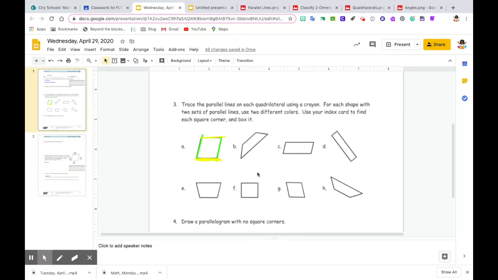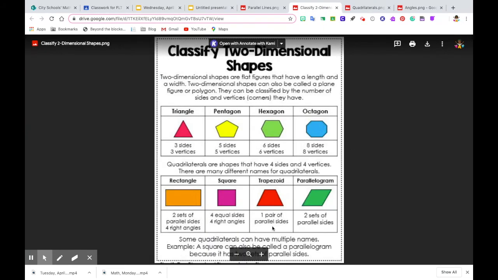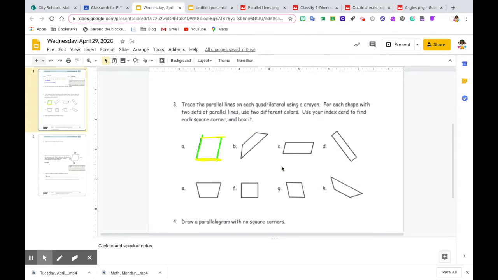Let's see. I'll do one that does not have 2 sets of parallel lines. So this right here is a trapezoid, and let's see, if we go back here, it only has 1 pair of parallel lines, and those lines are this one and this one. Because if you were to do, and I'll just do an example, actually I'll use the scribble tool. If I were to make this line like this,